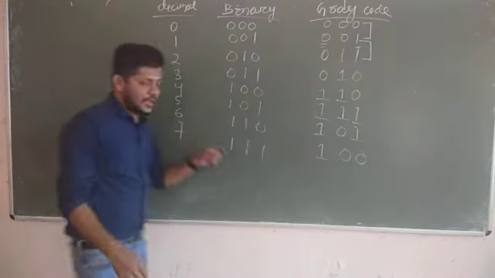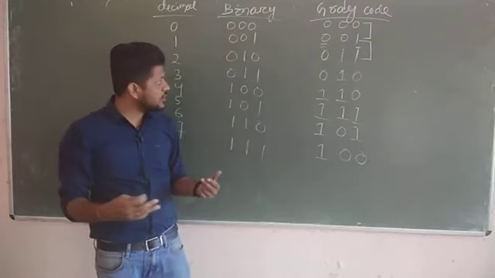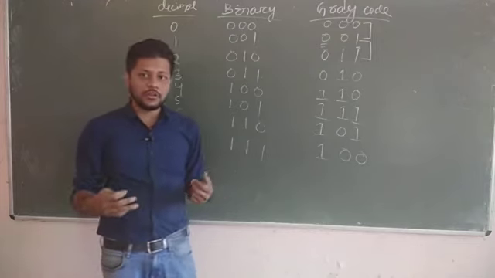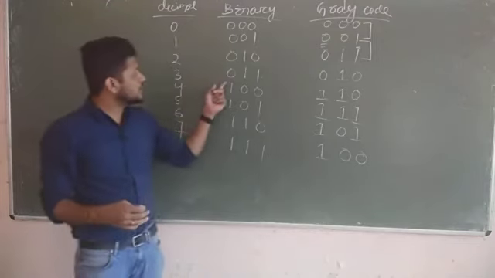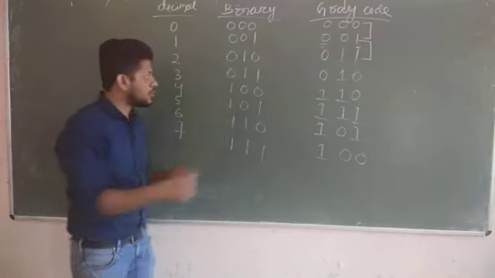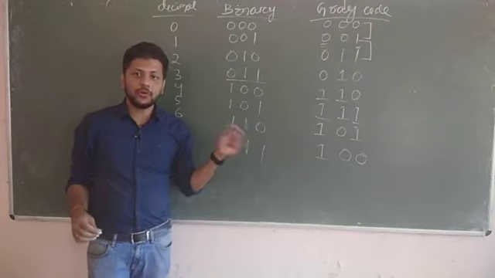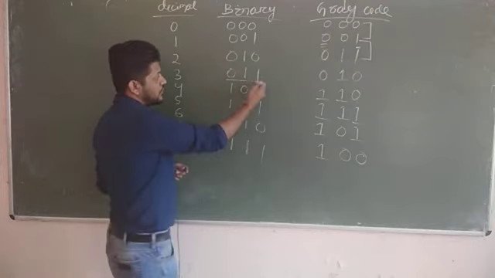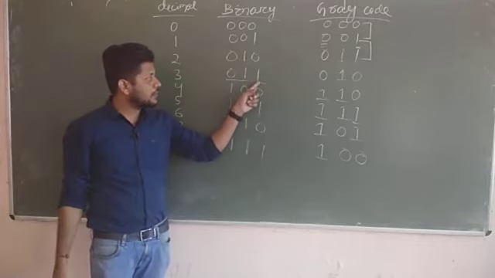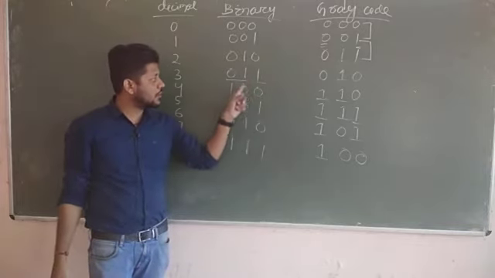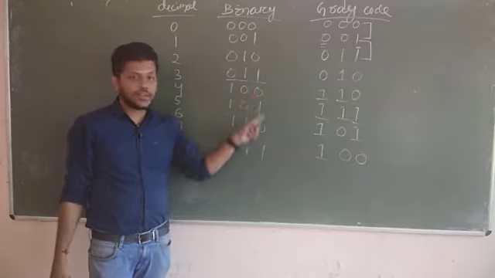I have already explained to you that in gray code the switching is very fast. Switching is very fast means, for example, in your computer, if it is written in binary, 3 is 0 1 1, and suddenly you want to change it to 4. So how to change it to 4? Each bit is different. 1 must be converted to 0, 1 must be converted to 0, and this 0 must be converted to 1. So 3 times switching is required.